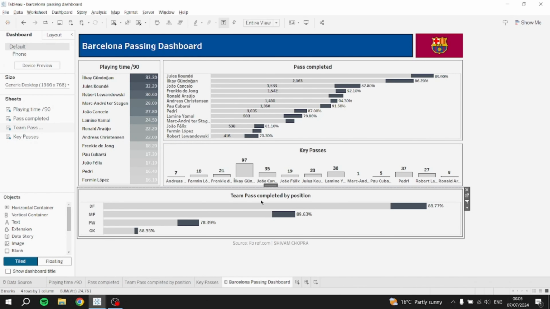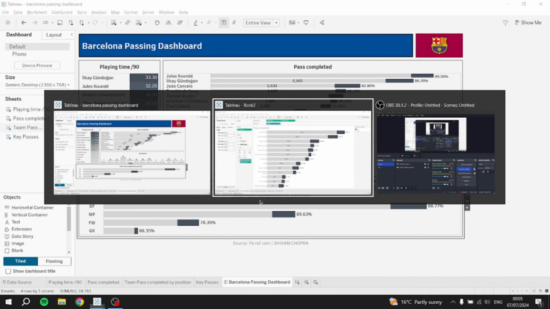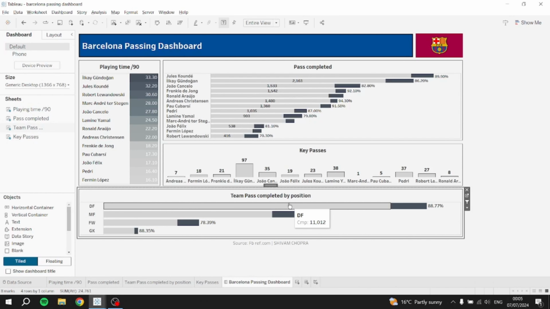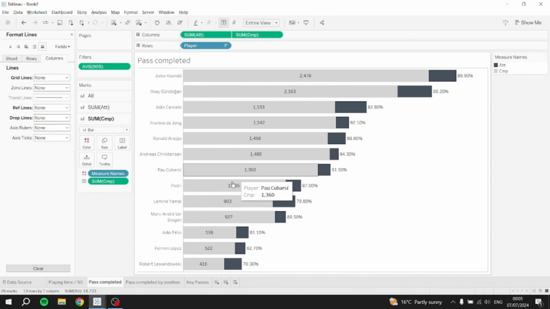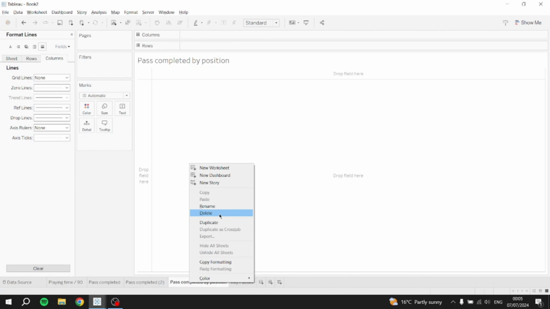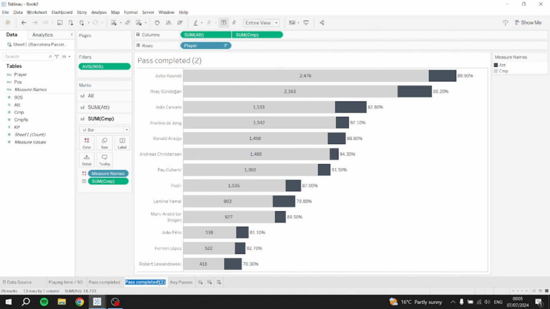Now to create the last one, team passes completed by position, as you can see, this is a similar chart to this one. So we can just duplicate this one, and let's just delete the previous one. Let's rename this to pass completed by position. What we need to do is, instead of players, we need positions, right? So we can drag the positions on top of the players,